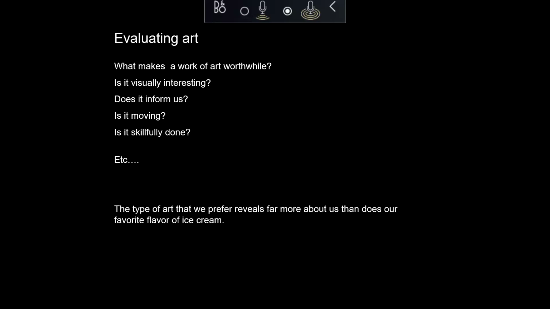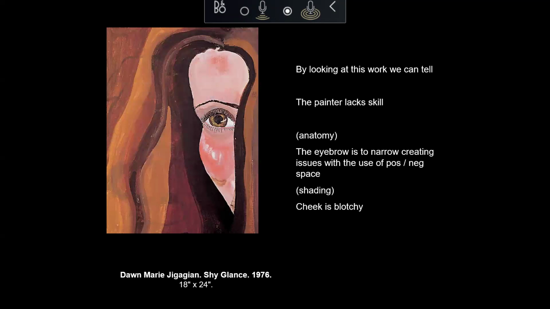But what's kind of cool about our individuality is that the type of art that we prefer really does tell us more about ourselves than our favorite ice cream, chocolate, strawberry, vanilla, whatever, right? The kind of art that you collect, things that you're drawn to. Like if you like cats, then maybe you're going to be drawn to paintings of cats and sculptures of cats,